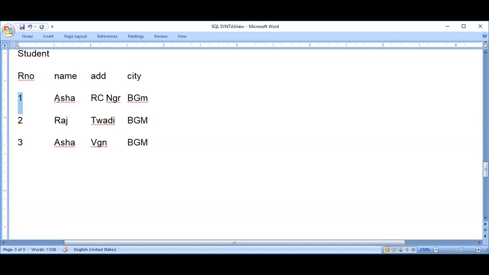But if they say Asha, then I get confused. Which Asha? What is the roll number? Suppose the names exactly match. Then the only way to understand which Asha is by the roll number. I will have to ask the parents, what is the roll number? You tell me first, don't tell the name because names are repeating. So like this, in every table there will be one attribute called the primary key, which will functionally determine other attributes. Mathematically, it is put like this.